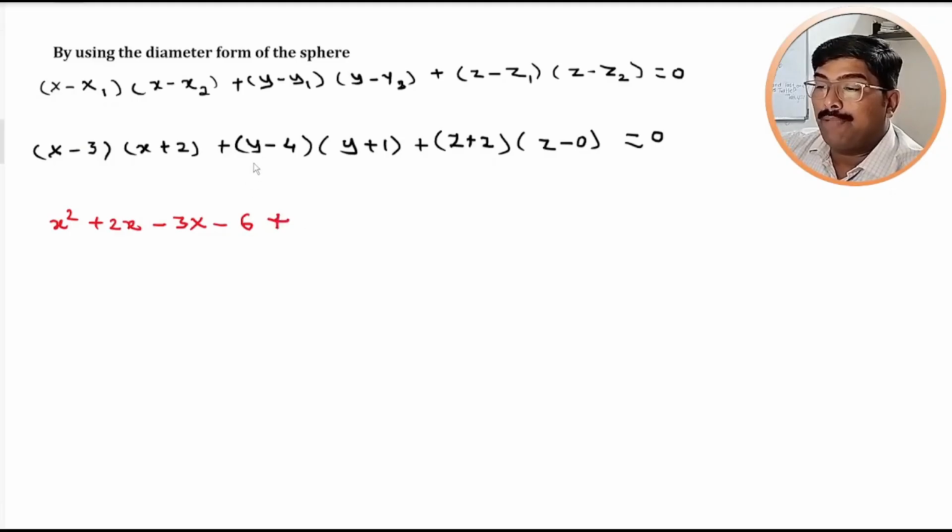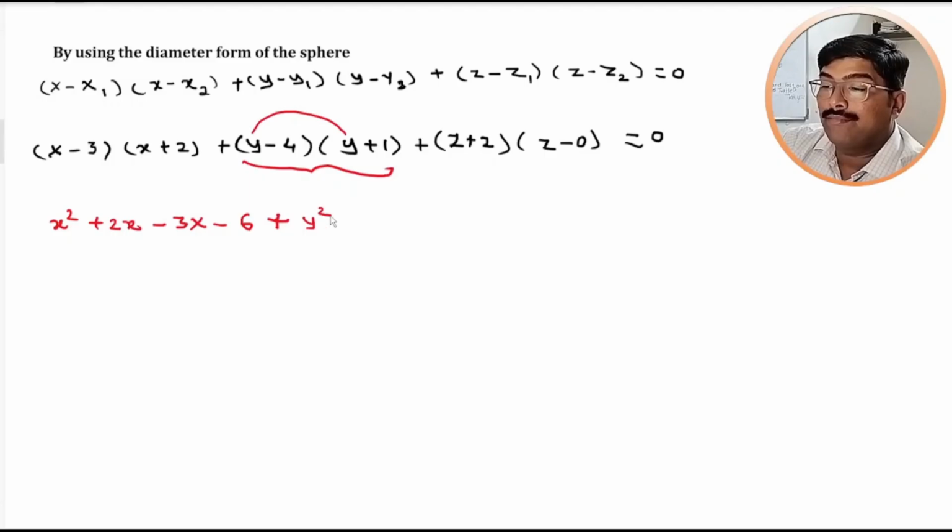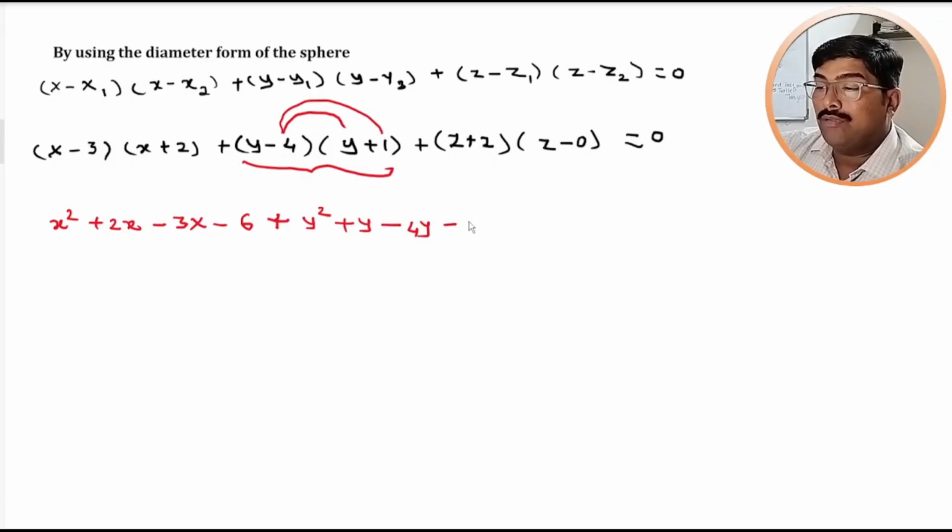Now you have to simplify this y minus 4 into y plus 1. So here also y into y is equal to y square and this y into plus 1 is equal to plus y. Minus 4 into y is equal to minus 4y and minus 4 into 1 is equal to minus 4,